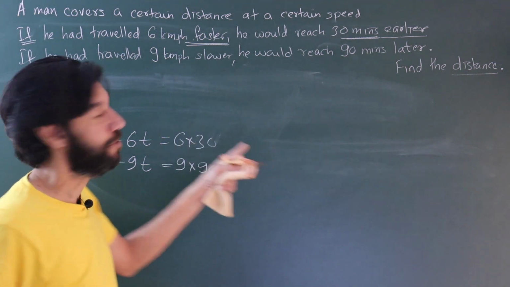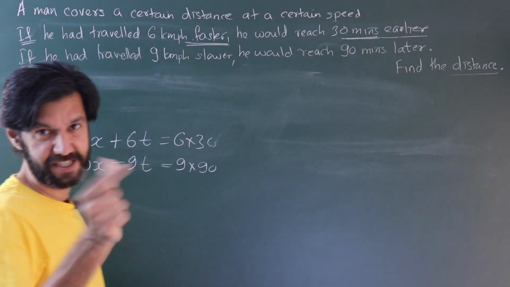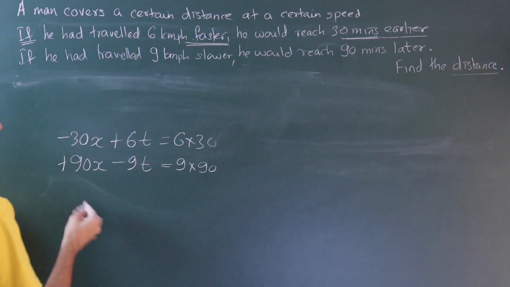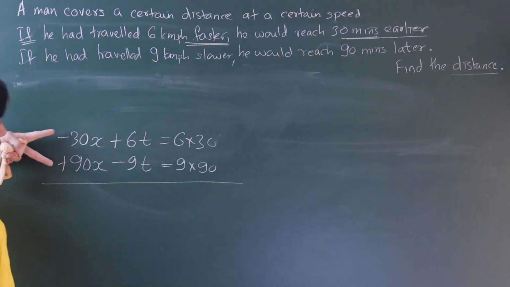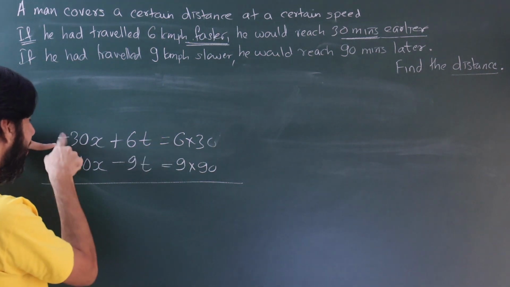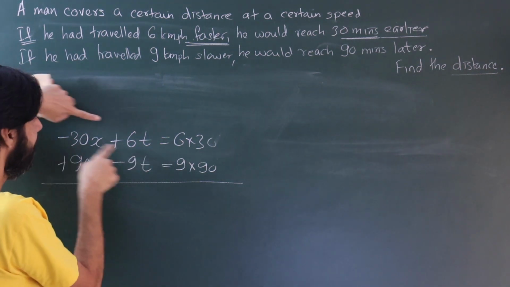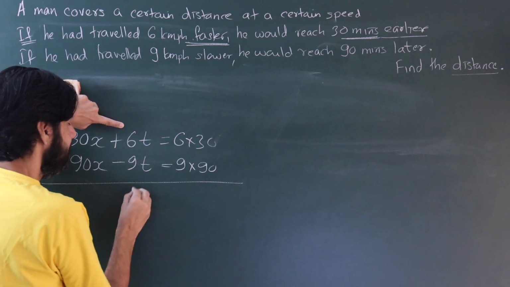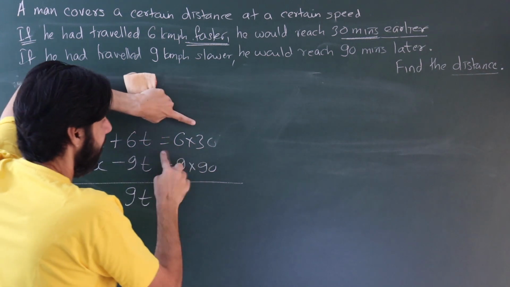I'll be giving you another question and you should be able to write it like this, and then you should see how much time you have saved. Anyway, now we just have to solve it. So this is easier to eliminate. You just need to make this 90 into 3 and you can add it, because the plus and minus will cancel. 3 times 18 and minus 9 is a 90 multiplied by 3.